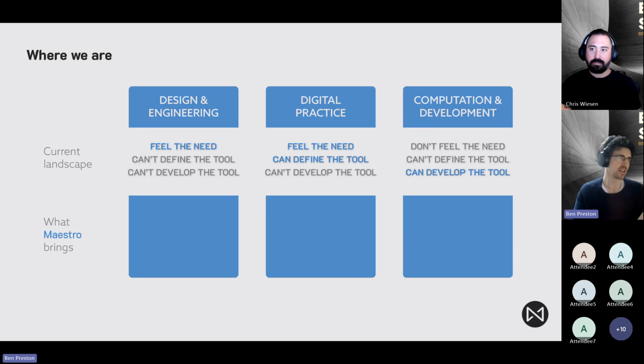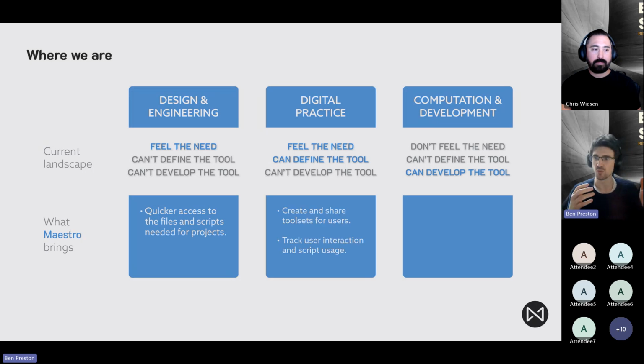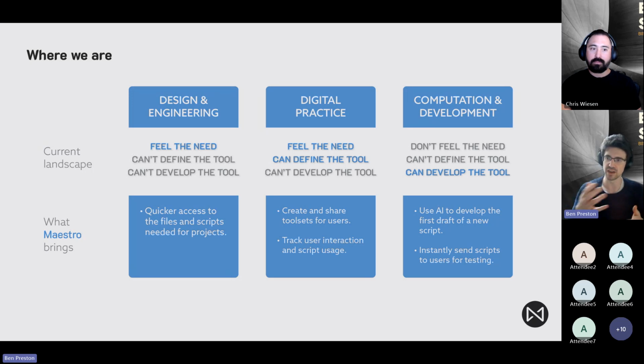Where we are currently is that for architects and engineers, we're going to be able to provide them quicker access to the files and scripts that they need in that moment. For digital practice, we can provide the telemetry that they need to help guide the creation of these new scripts. And for computational designers and developers, we can shorten the timeline for getting a script into use with that instantaneous